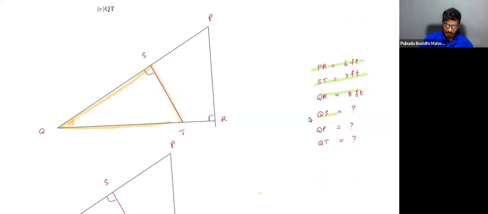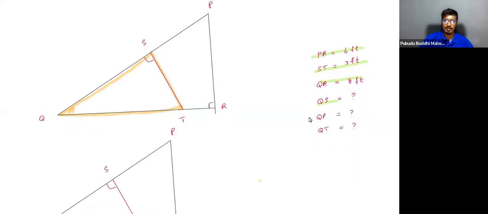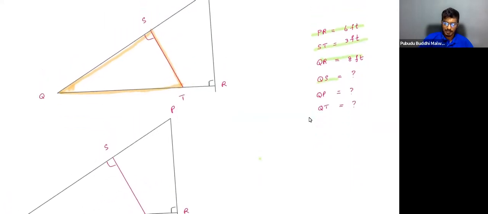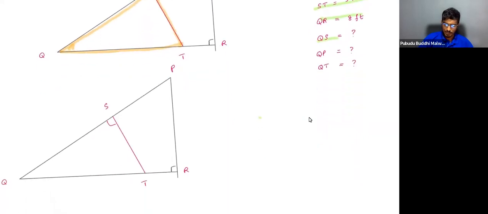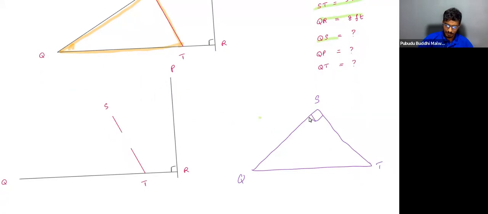QST, that's the smaller one, and the bigger one. Let me draw that triangle separately here, QST. But more importantly, that's a right triangle. Therefore, that's important. So that is the smaller triangle and the bigger one, that is QPR. Like this. So these two triangles basically,